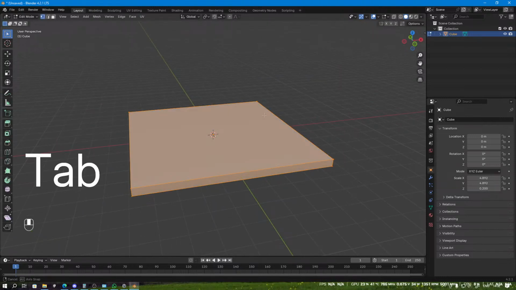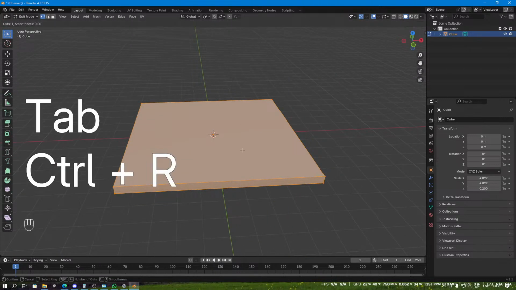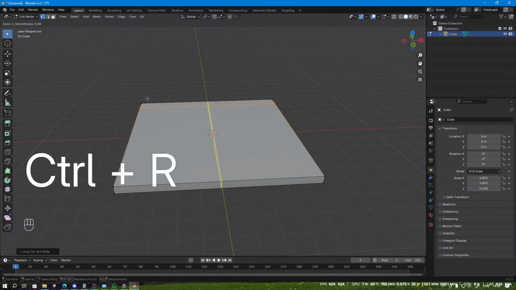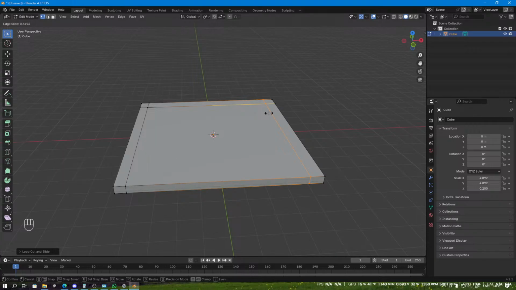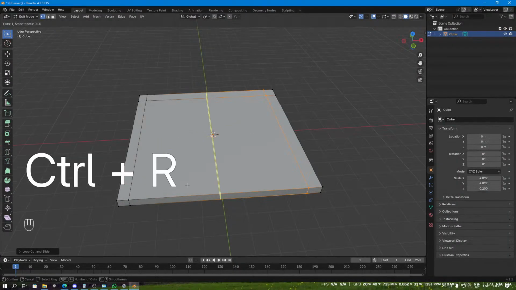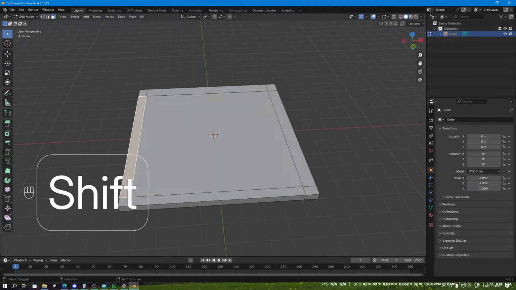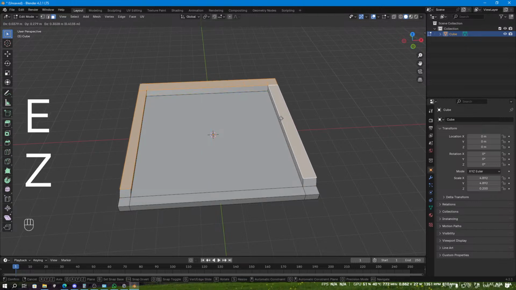So I'll do loop cut. I'll do one here, one more over here, one more over here, one more over here. Then I'll select these parts and extrude it